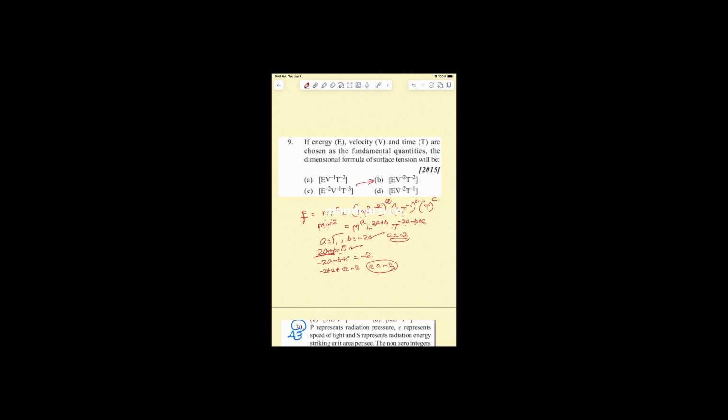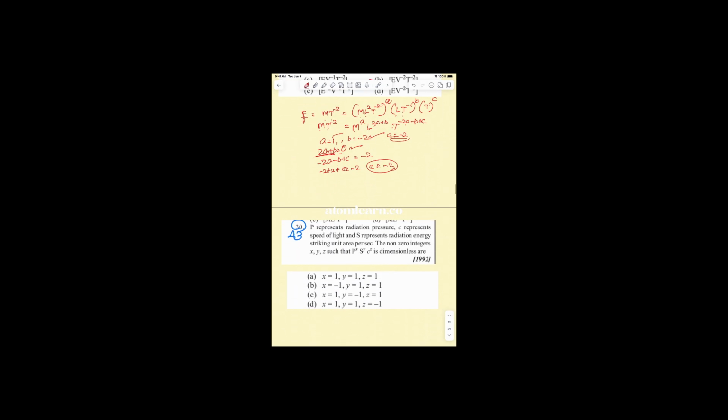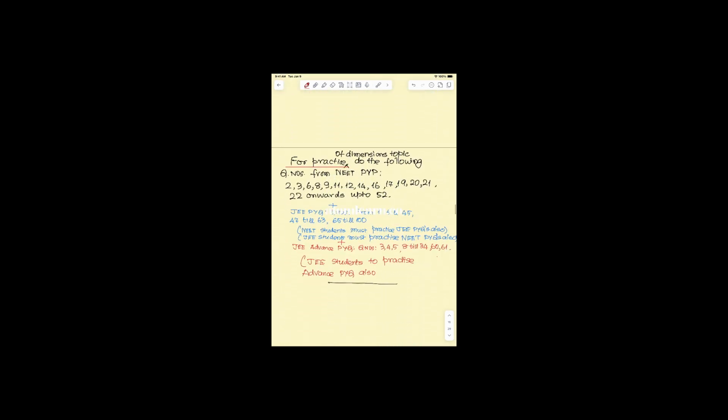Therefore, there are only two types of questions which they asked. One is the direct knowledge of the dimension formula writing. Other is the indirect way of making you solve simultaneous equations and then identify. Now I have given you enough practice questions. Basically, there are plenty of questions available in the past asked questions. I always believe that you must first attack all the past asked questions,